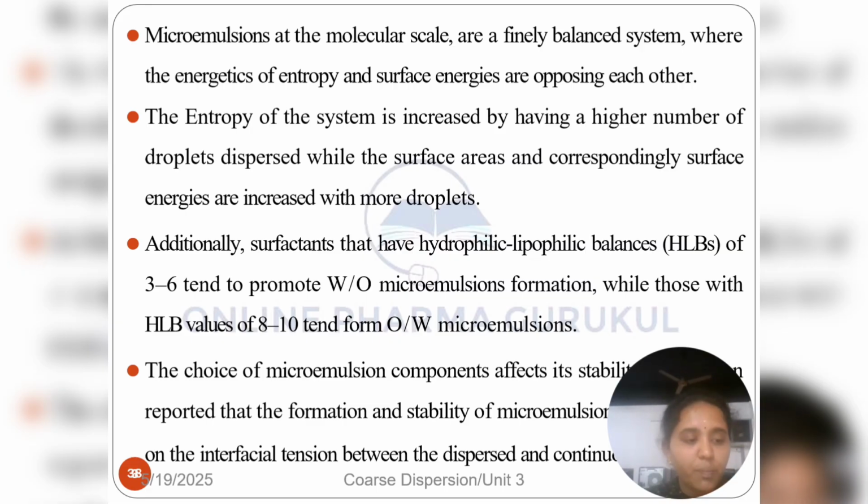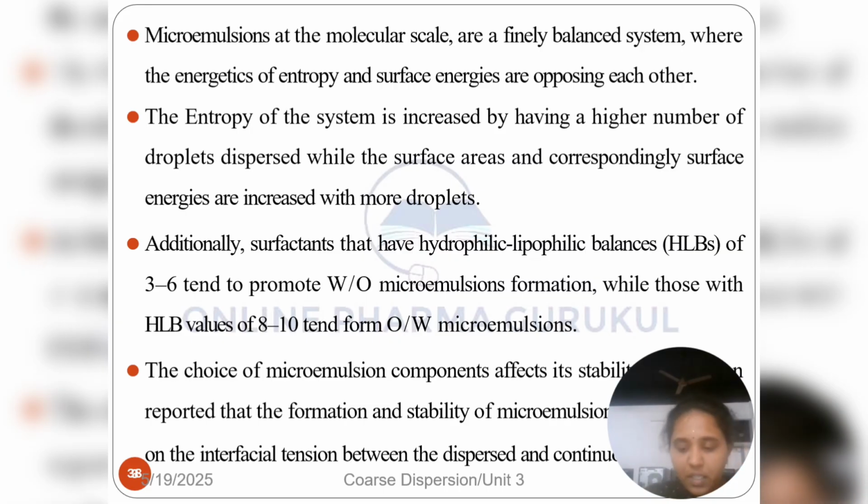The surfactant plays a key role: those with a hydrophilic-lipophilic balance, that is HLB, of 3 to 6 tend to promote water in oil microemulsion formation, while those with HLB values of 8 to 10 promote oil in water microemulsion. The stability of microemulsion depends on the interfacial tension between the dispersed and continuous phase and is influenced by the